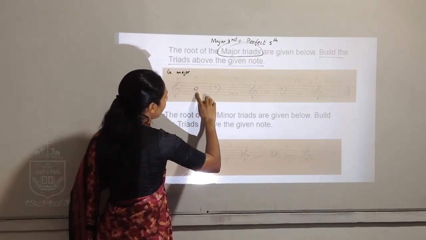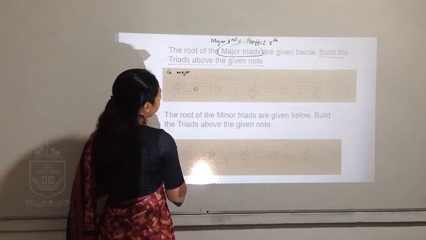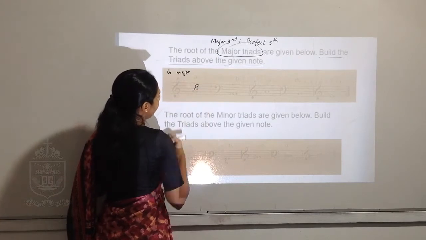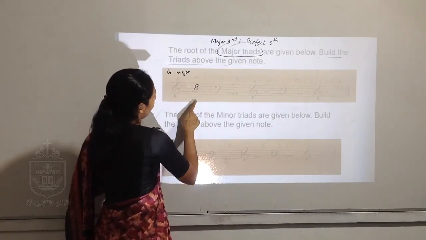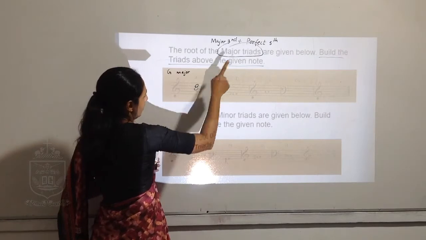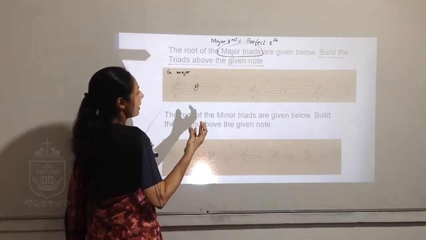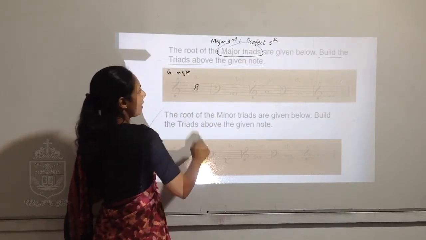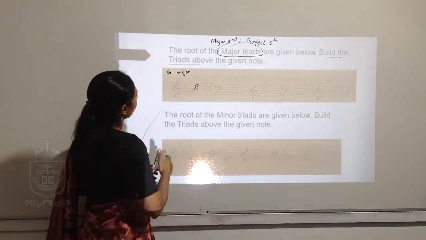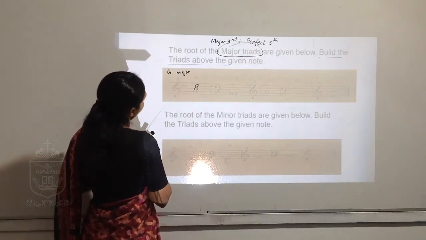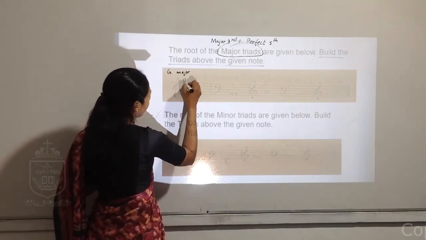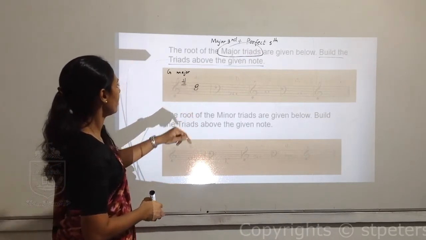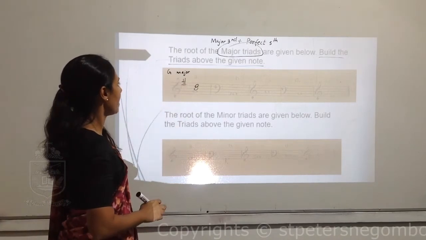From the first note, perfect fifth. G, G, A, B, C, D. Your third note should be D. And we'll check the semitones also. G to D. 7 semitones. G to G sharp, A sharp, B, C sharp, D. So it is correct. From G to D, there are 7 semitones. So this is in G major, so better you put F sharp here. Right? We can't find any F note to put key signature, so put F sharp here.